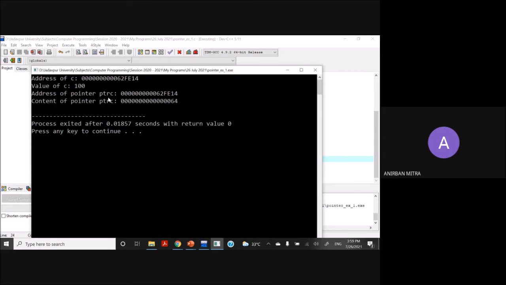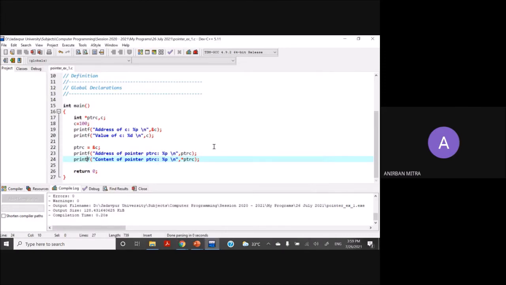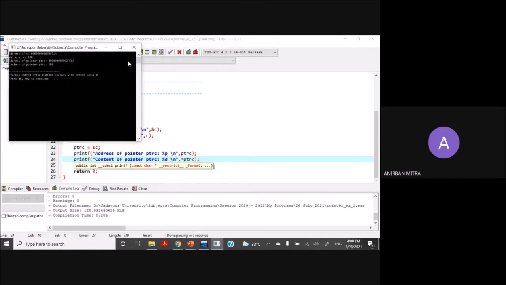So again, address of pointer. Sir, I think the address of the pointer will be different. Oh, okay, I think I made a mistake here. Yes, no, sir, because there is a star problem with ptrc. There is a problem here. I forgot to change this to percentage d. That was wrong. This needs to be changed to percentage d as well. Now you can see that